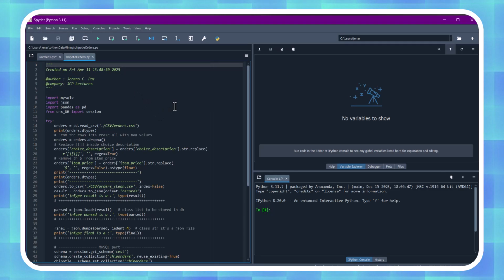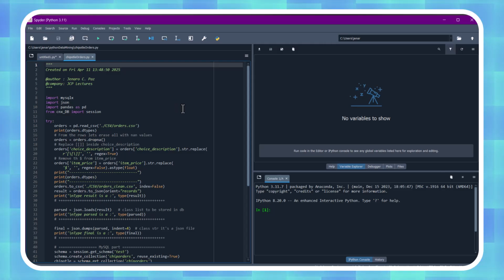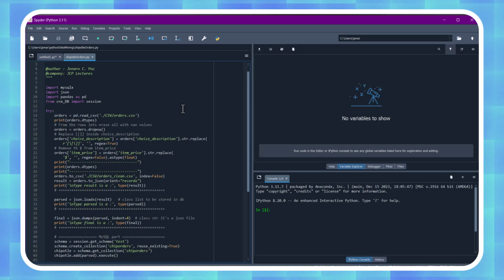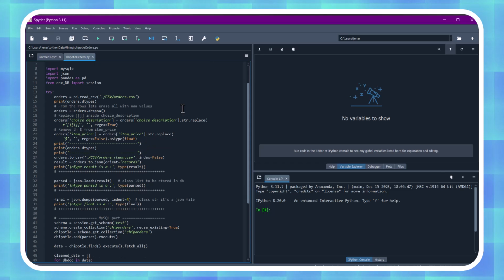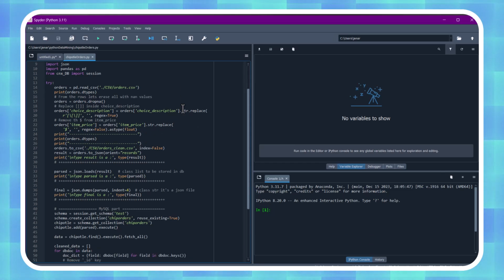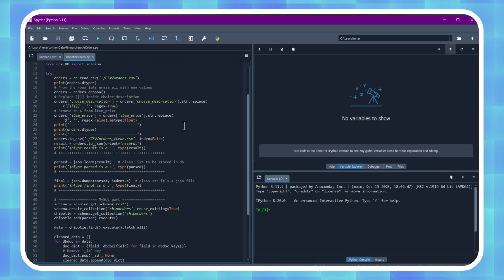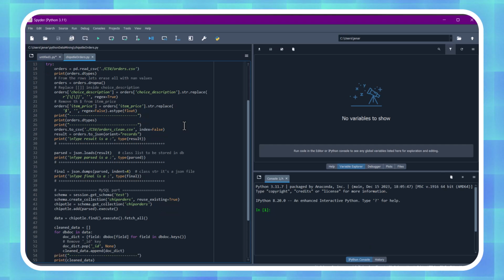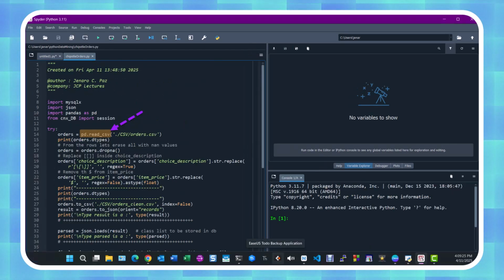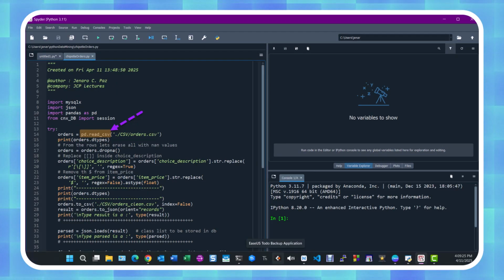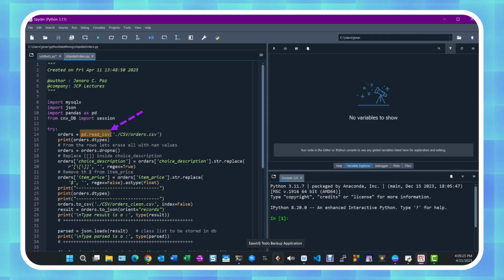You are seeing the code that does all the work. We begin by importing the necessary modules: MySQLX, JSON, pandas, and our custom session object from CNXDB. We start by loading the CSV file using pandas and printing its data types.